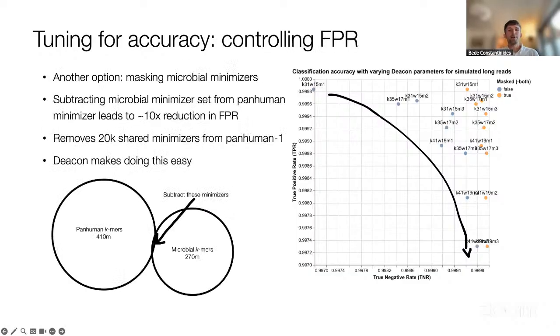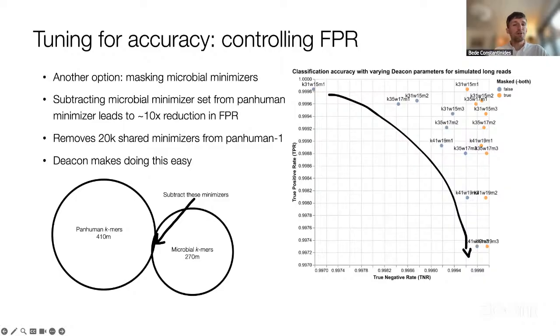So some microbes share k-mers with human genomes, and some much more so than others. In addition to tuning k-mer length and match threshold, with Deacon you have the ability to mask or subtract k-mers of, for example, microbial genomes that are similar to human genomes to ensure they are retained. This is quite a good way of reducing the false positive rate further. It also helps clean up low complexity k-mers, such as spans of the same base, improving accuracy. And these kinds of operations are easy to do on the command line.